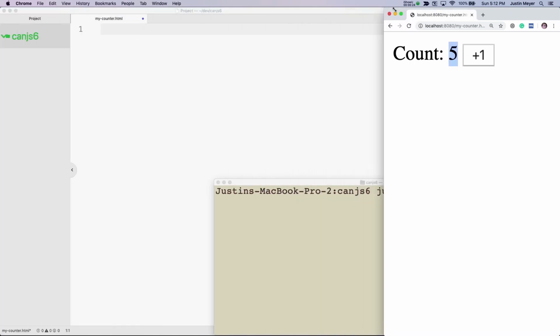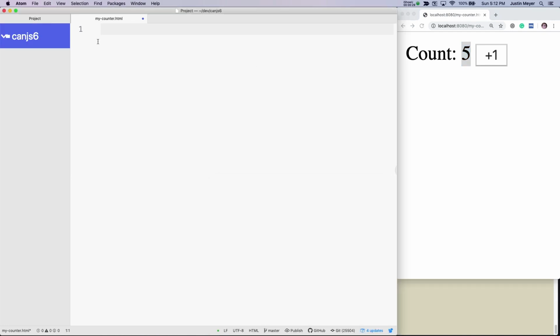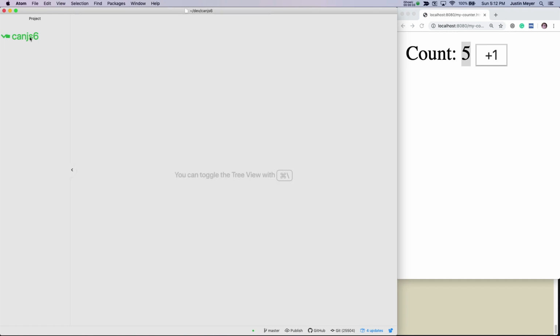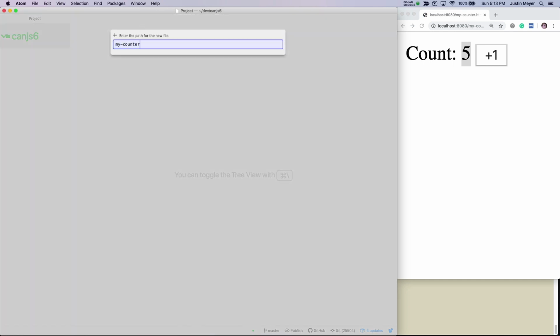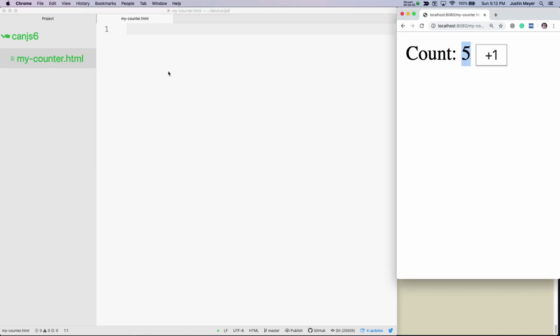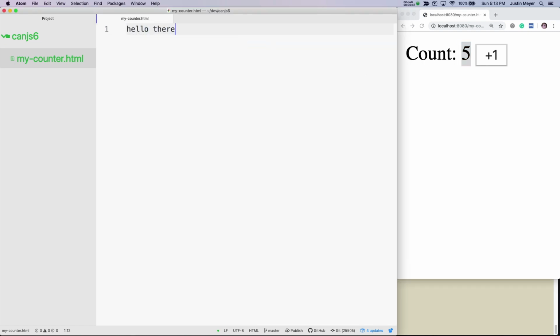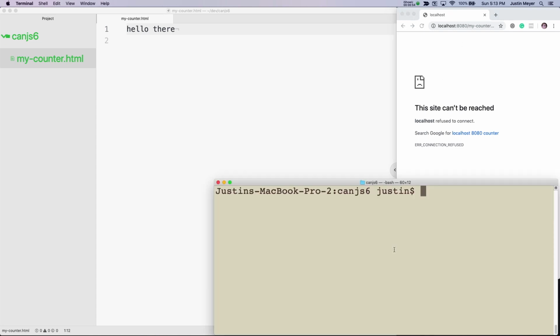I'm going to do all of my work in this CanJS folder here on the left. I'm going to ignore that. I'm going to create a mycounter.html, and that is going to be what we see here. So if I write hello there and save this, we cannot see it yet. And that's because, of course, I have to statically host the myCounter